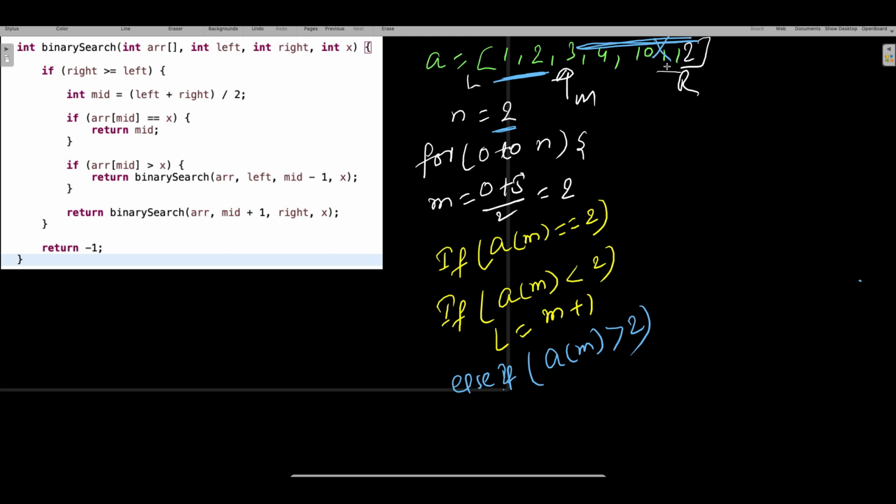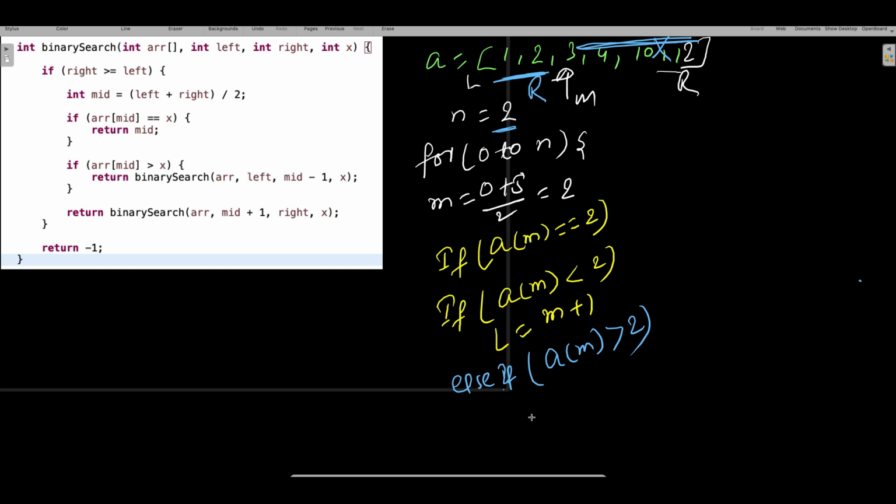You got it, the benefit of binary search. Now your answer is here, which means when your answer is here, then again you need to find the middle in this, which means your R will come here, your higher index will come here, lower is here, you need to find the middle.